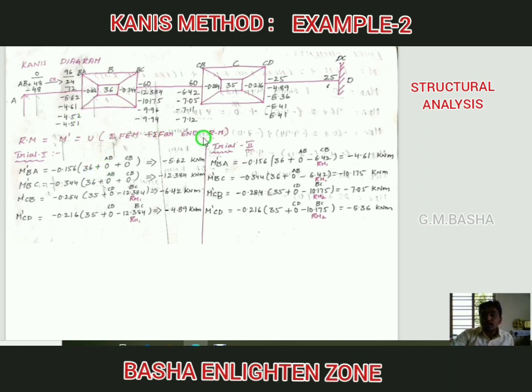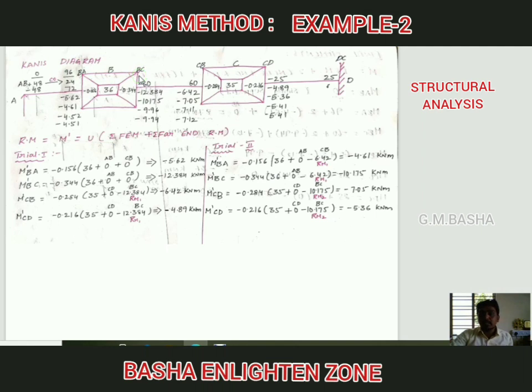We have to write down this value directly here. Plus, what is the formula? The sum of the far end rotation moments. For B, what is the sum of the far end rotation moments? If I am calculating BA rotation factor, then AB and CB are the far ends. At the same time, CD and DC are also far ends for BA, but we need not consider CD and DC rotation moments. Why? Because CD and DC are not connecting members for BA. For BA, both AB and CB are the connecting members. At the same time, you don't take BC rotation moment also for BA. Why? Because for BA, BC is the near end.